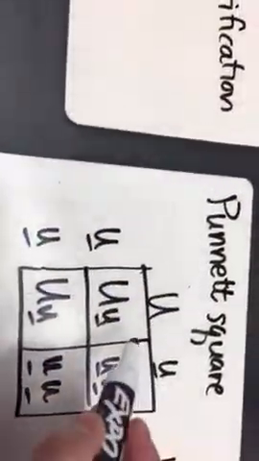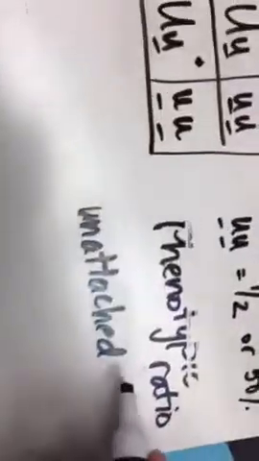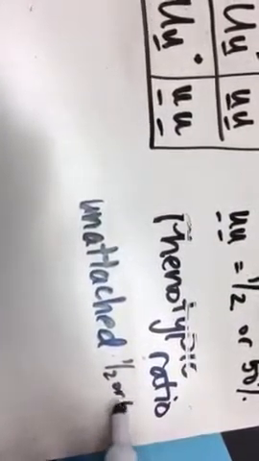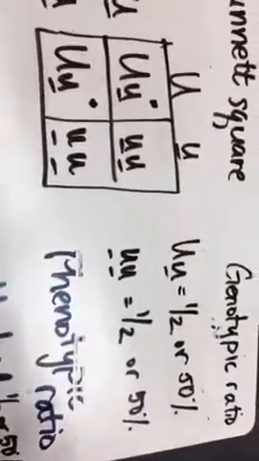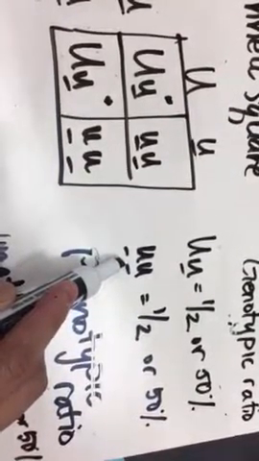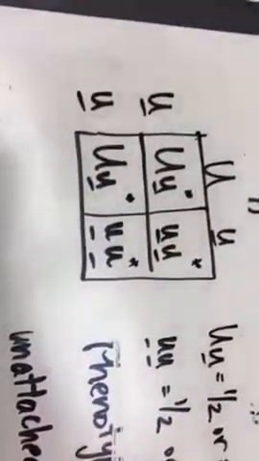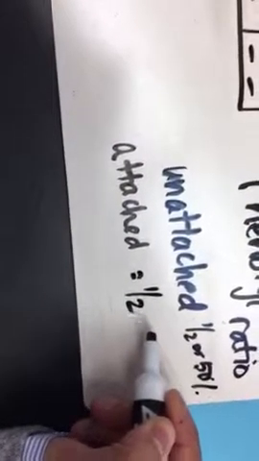And how often do we see an unattached earlobe? We see it 2 out of the 4 times, or half. And what about this? This genotype represents the attached earlobes. And I can see that it happens 2 out of the 4 times. So we have attached earlobes, half, or